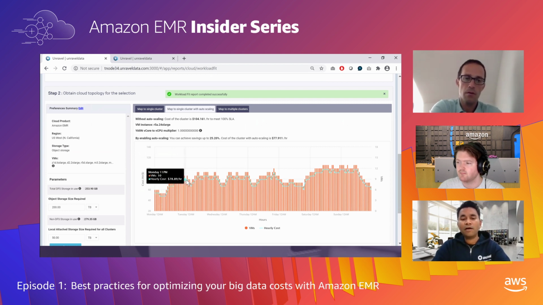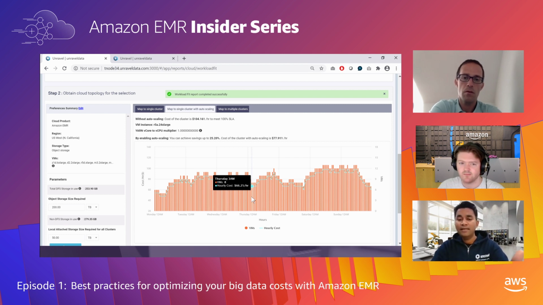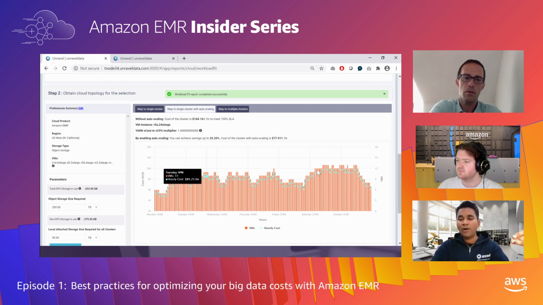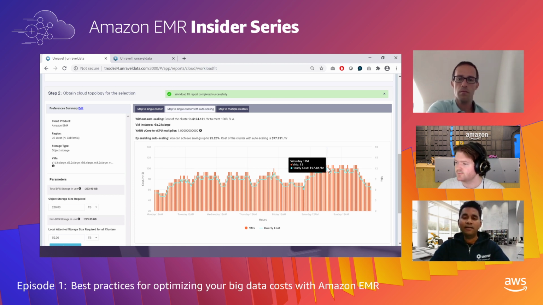So you're seeing over here how many VMs need to run on any given day of the week and different times of that day. And if you enable auto scaling, you know what? We need a base VM line of maybe 6 or 7 VMs, and then auto scale it on Sunday to about 14 VMs when we really use the cluster a lot. And if you enable that, you can further save 25%.